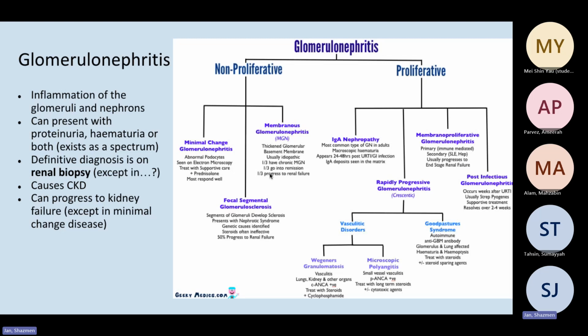So, glomerulonephritis is characterized by inflammation of the glomeruli and the nephrons. Essentially, the damage to the glomeruli leads to lack of blood flow through the kidneys, and as a result, you get hypertension. The filtration mechanism of the kidney is also affected, and as a result, you get some level of protein and/or blood in the urine. And sometimes these patients also experience AKI because of this loss of